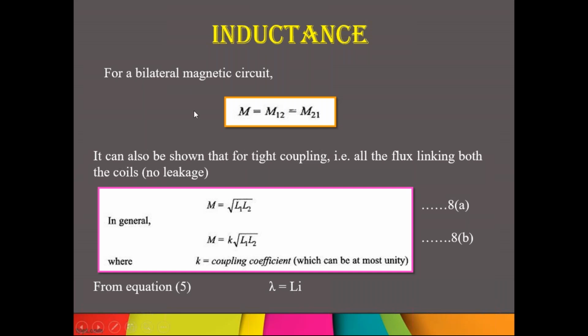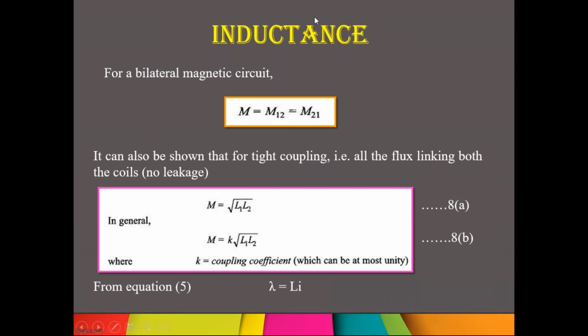Okay, now here in this electrical circuit, we are using inductor, capacitor, and resistor, right? All these devices belong to the bilateral type. That's why here the mutual inductances are equal. Next, the relation between self-inductance and mutual inductance is given by M is equal to square root of L1 L2.